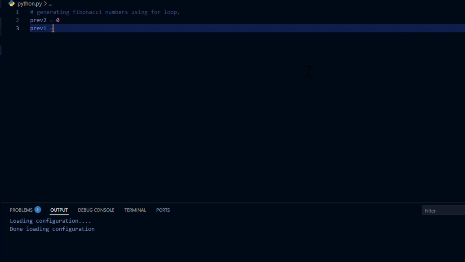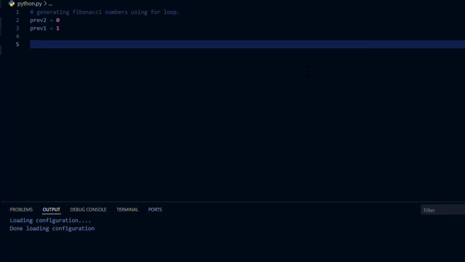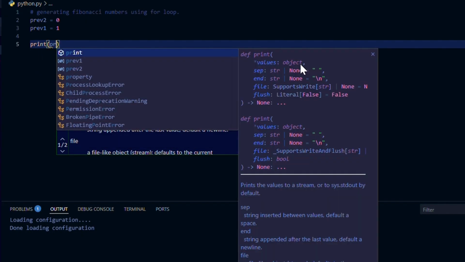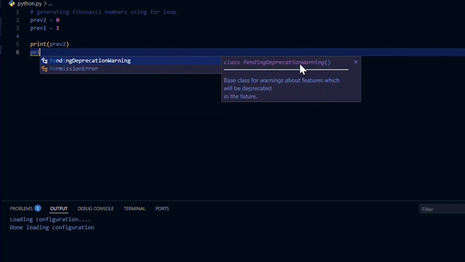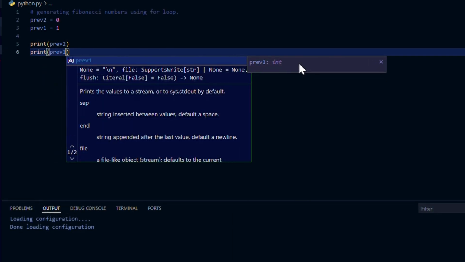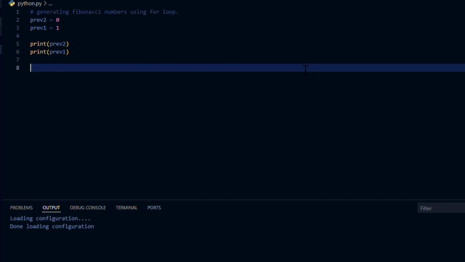Let's print these two Fibonacci numbers, prev2 and prev1. These are the first two Fibonacci numbers, and here we are using a for loop to generate the remaining Fibonacci